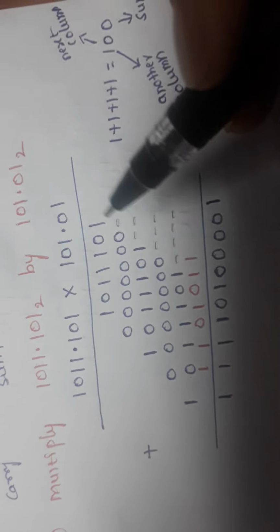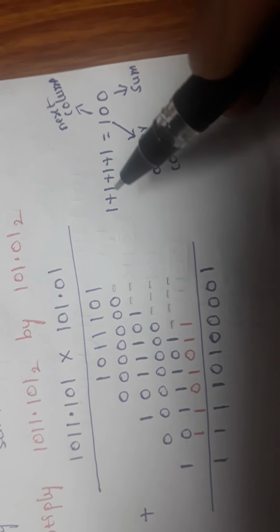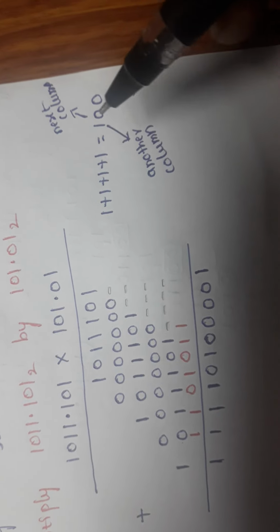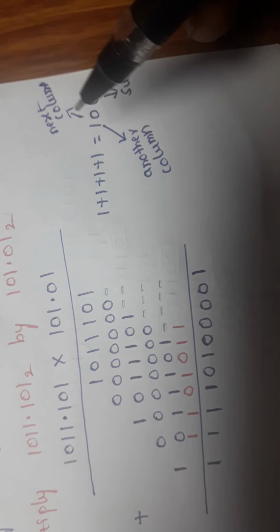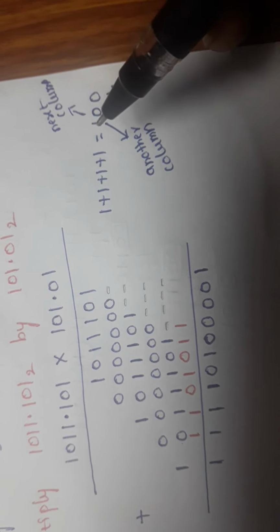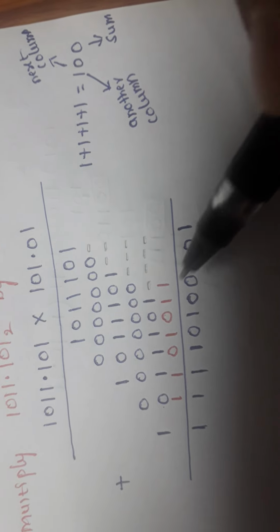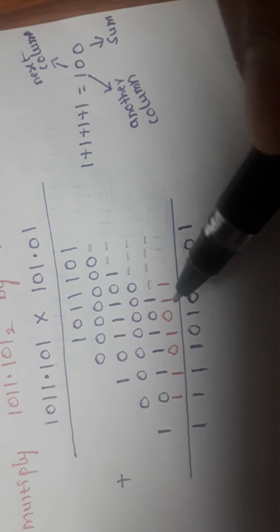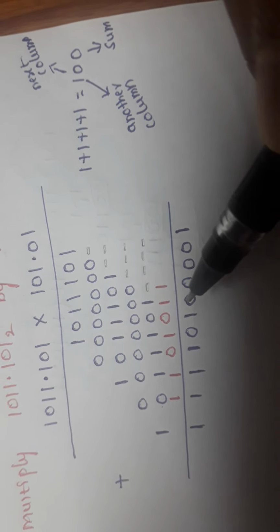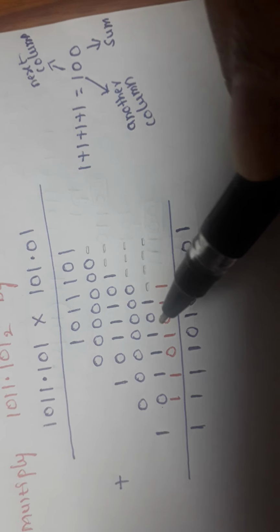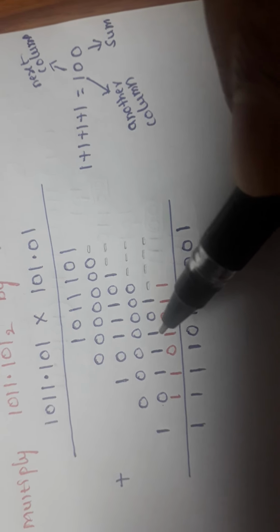Now after adding, there is a very important point here, observe this case. Let us consider 1 plus 1 plus 1 plus 1 which is equal to 4. 4 can be written in binary as 100, the LSB becomes the sum, then one carry is propagated to the next column and another carry is propagated to another column. Now here this is 1, then it becomes 0, then 1 plus 1 sum is 0, carry is 1, 1 plus 1 sum is 0, carry is 1. In this case there are 4 ones, therefore sum is 0. Then one more carry is propagated to the next column, one more carry is propagated here.